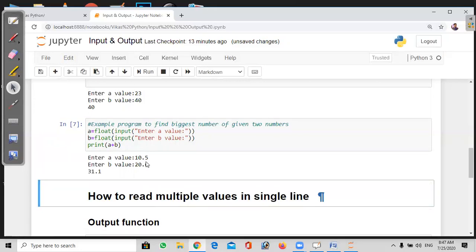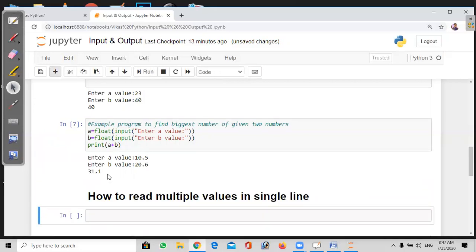Here I'm going to write the syntax for that: a comma b equal to, and here int of x for x in input of "enter a and b values", then dot split.